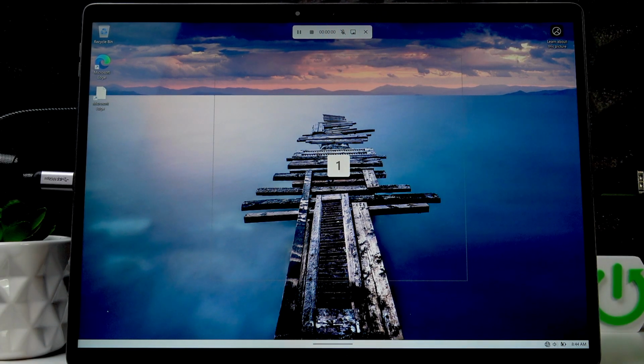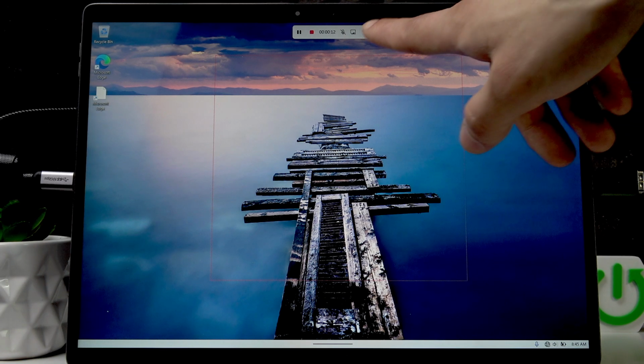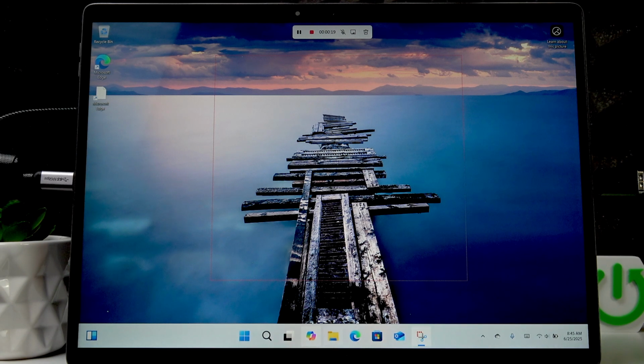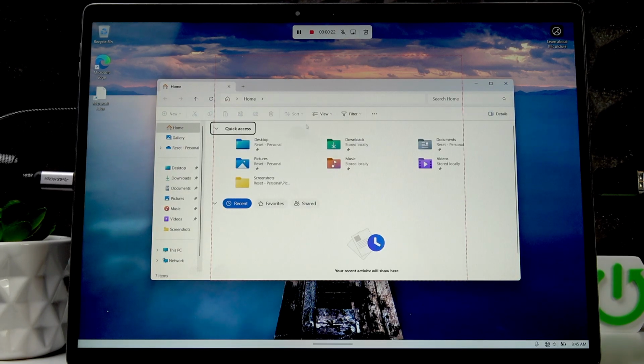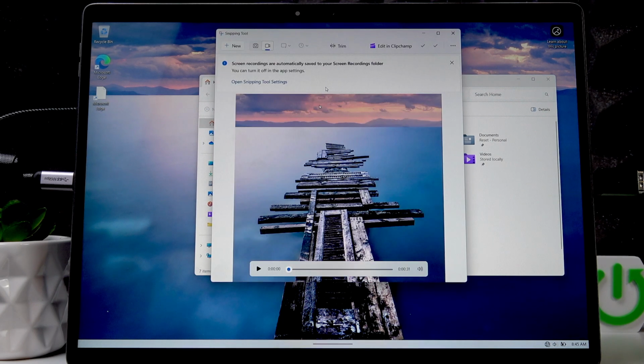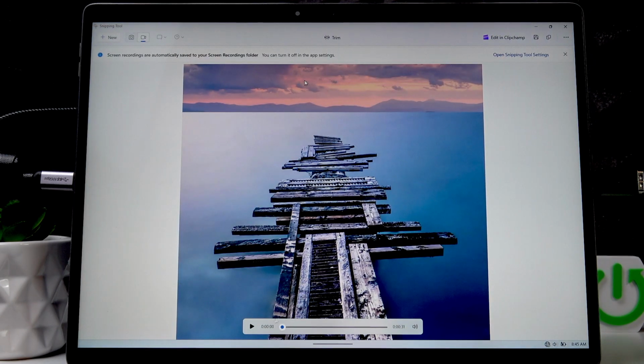Let's use the microphone. Okay, so right now you have three more additional icons. This one pauses the video, this one stops and saves the video, and this one deletes the video without saving. Right now, anything that happens within this selection will be shown in the video, so we can, for example, open a folder here and do anything, show anything. And when you want to stop, you simply have to click on this red square icon, and you'll immediately see